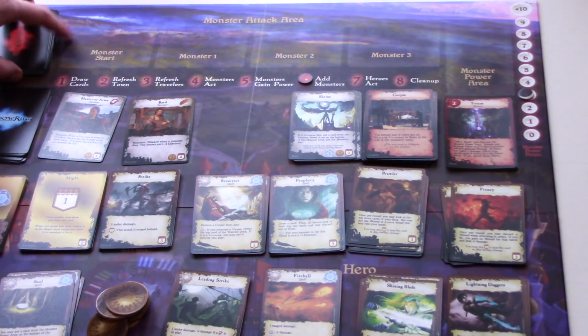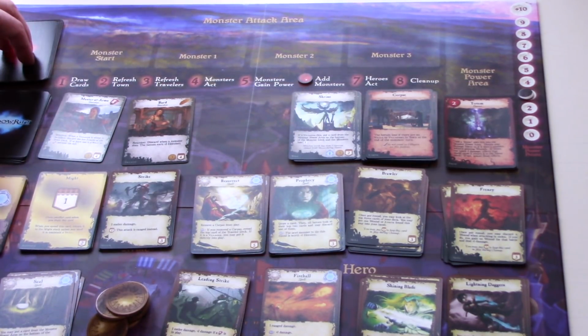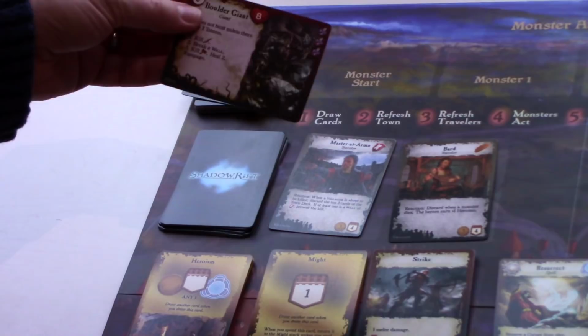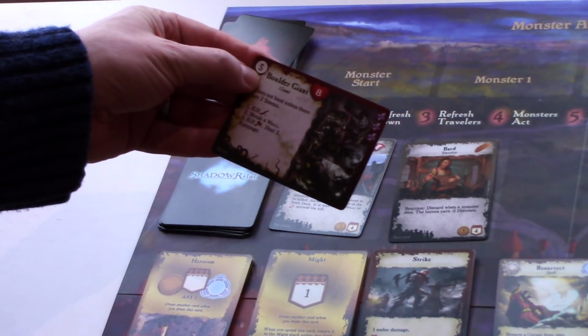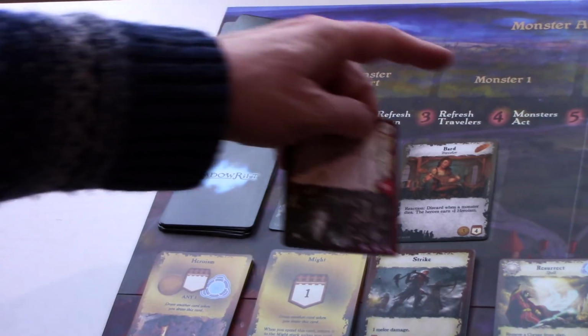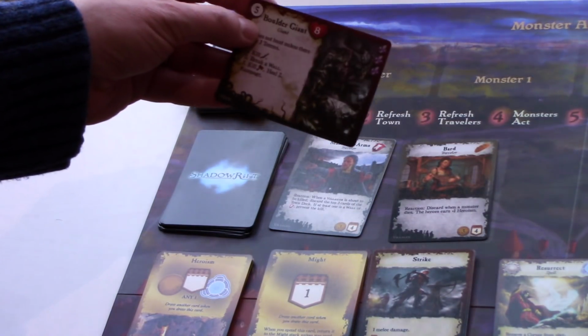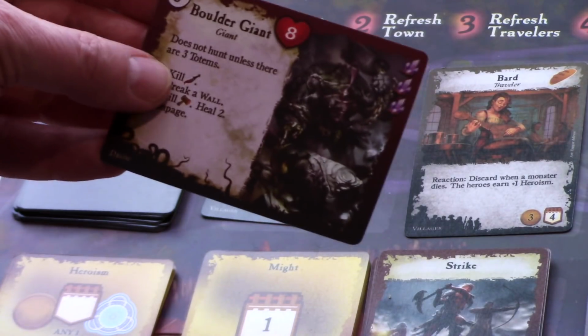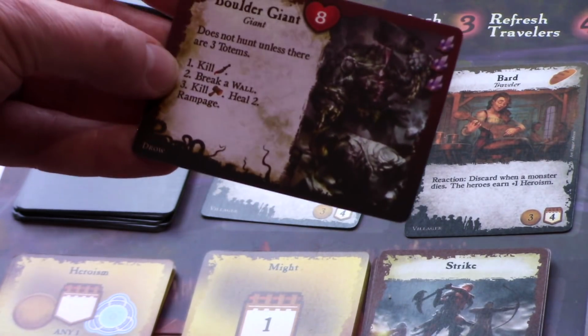This monster deck, the top card is always face up. Okay, so it should be face up right now. Now each of these monsters has a cost in the top left. This says 5. Once the monsters have 5 power, when we hit this add monsters phase, this boulder giant here will come into play. And when a monster acts, once we hit that monster act, what it does depends on